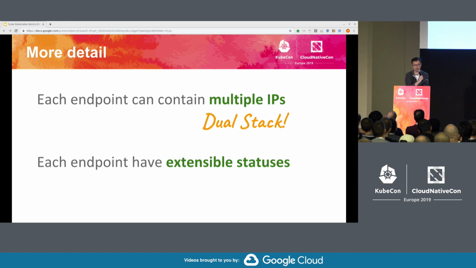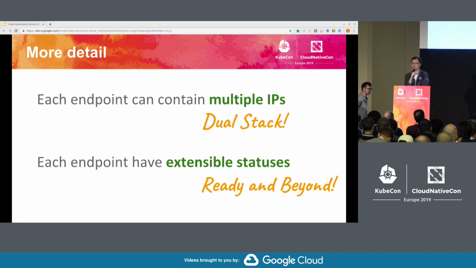And the second point is that each endpoint has extensible status. So the current endpoints API only has a binary status per endpoint that is ready or not ready. So as the kube proxy, the ready and not ready correspond to the pod readiness. So based on the current API definition, it's very hard to extend beyond this binary status. So in the new API, we treat it as a struct and make it easier to extend the endpoint